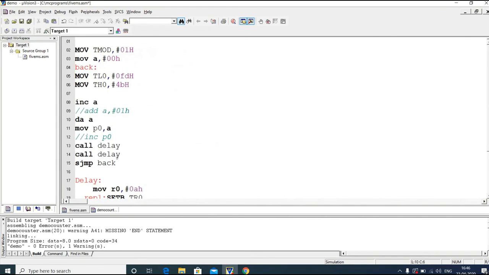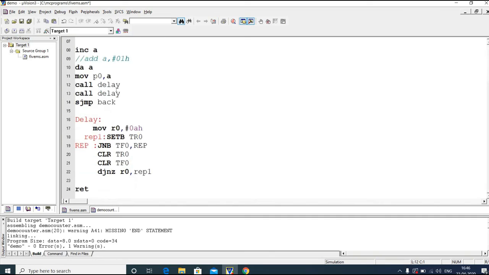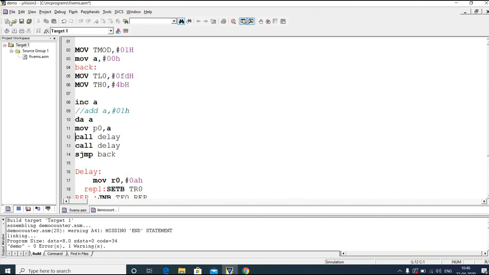If you are confused, I'll remove these things. So here also I called the delay two times, so that we get a time gap of 1 second. If you want 0.5 second, then we need to call the delay only once, because we have written the subroutine to get a 0.5 second delay. Okay, so now build this program.